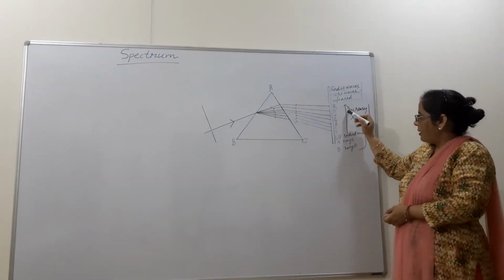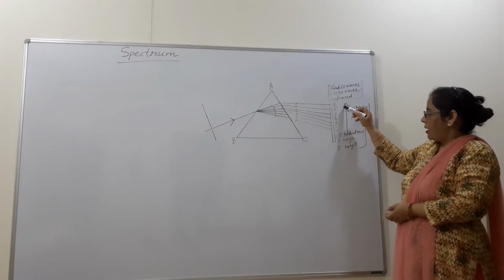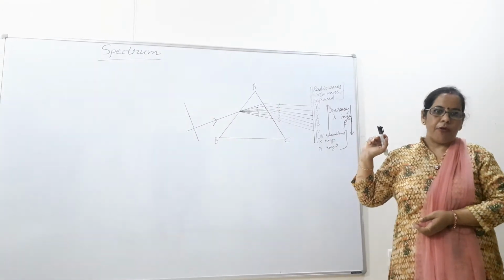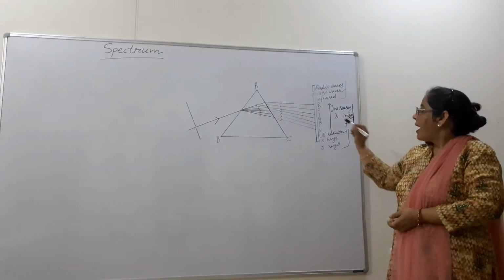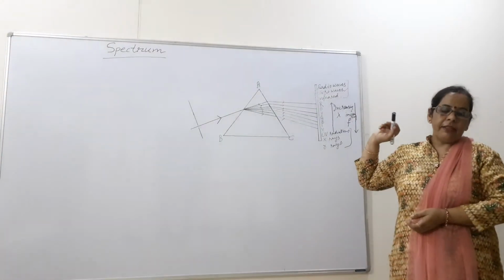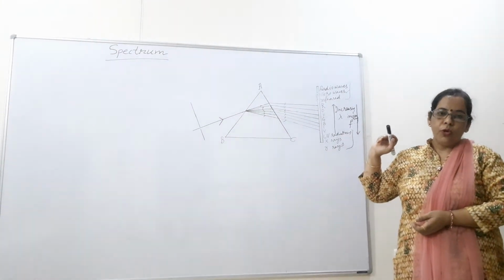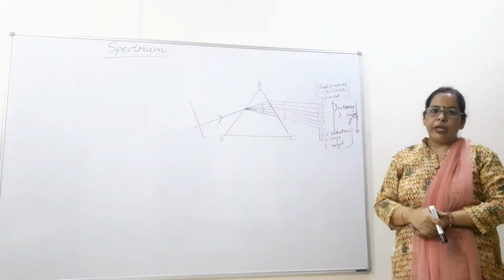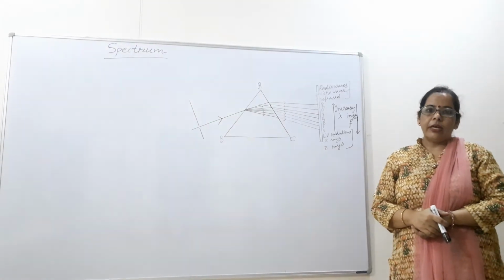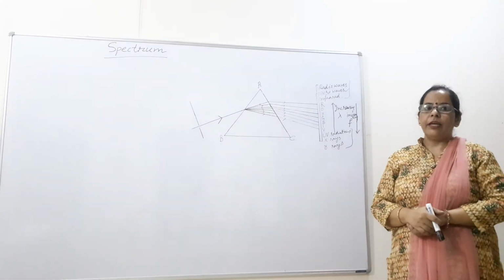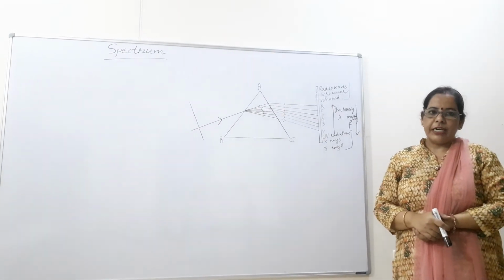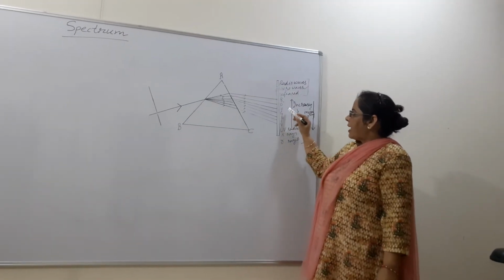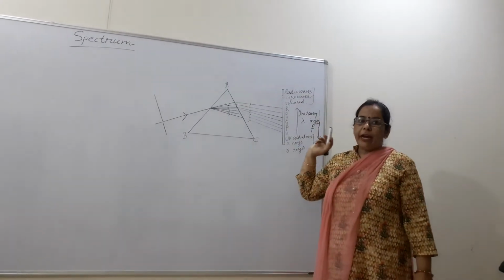Then after that, beta, from violet to red color, there comes what is called the visible spectrum, that we can see with the help of our naked eyes, and their wavelength lies within the range of 4000 Angstrom to 8000 Angstrom. And this visible light we know we can use for photosynthesis, for photography, and to see the objects around us. When these 7 colors are mixed together, they form white light.